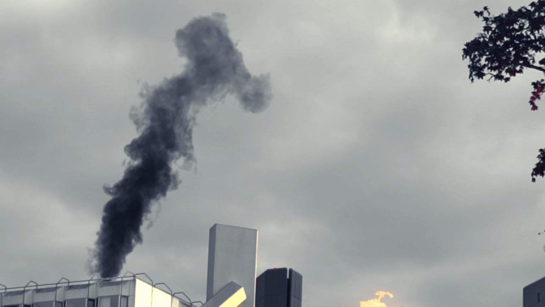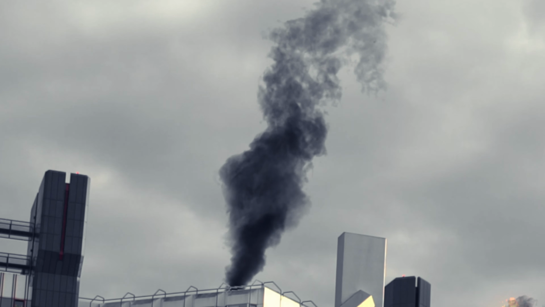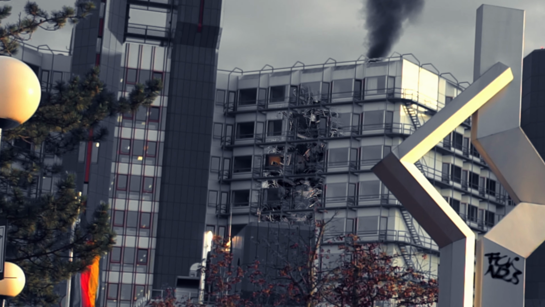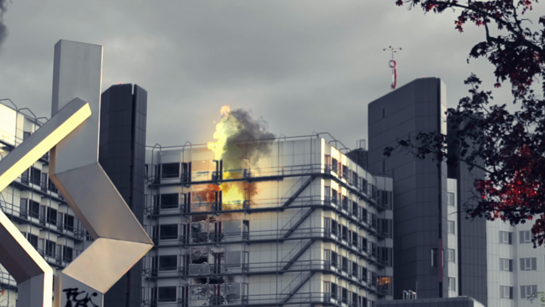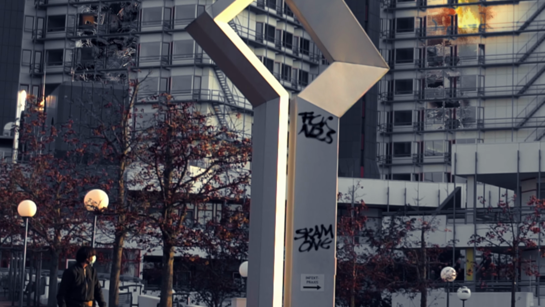Welcome to the third episode of this little mini-series on how to destroy this hospital. If you don't know what's going on right now, this is the third video. In the first video, I showed you how to add this layer of smoke on top of this hospital. In the second video, I showed you how to rip the side of the wall open and really destroy the building. And in this video, I'm going to show you how to set this window on fire with the help of some After Effects. In the next video, I'm going to show you how to put a digital fake graffiti